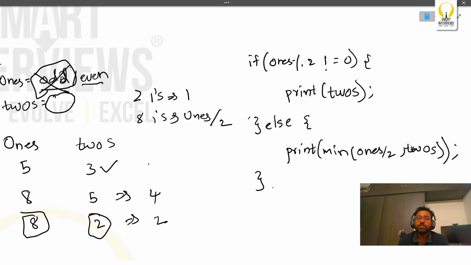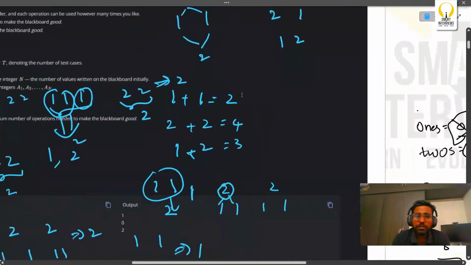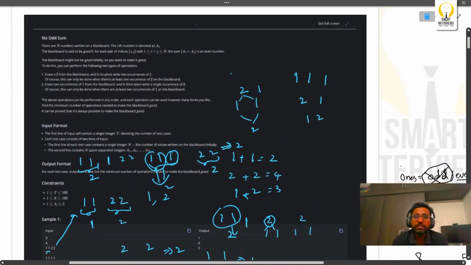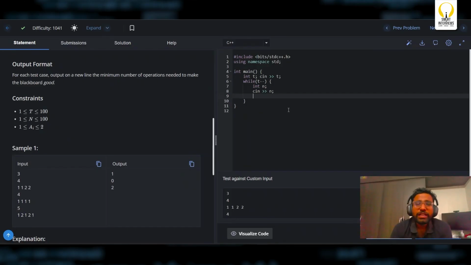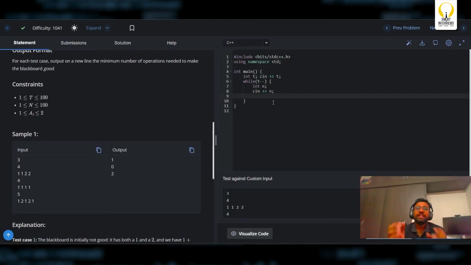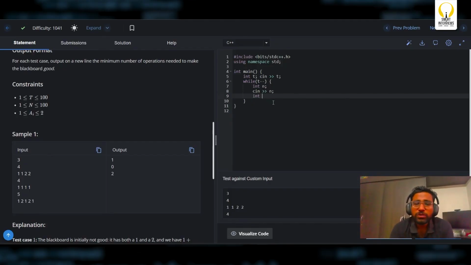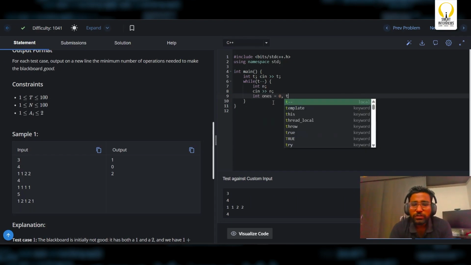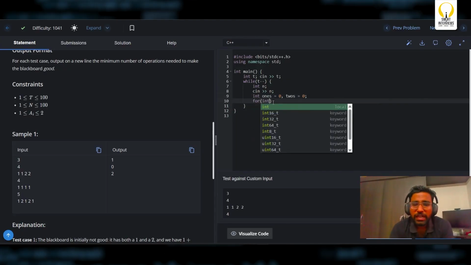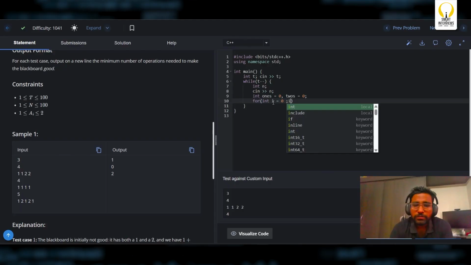Okay. So this will be the logic for our first problem. Let's quickly code it up. I scanned the number of test cases and the size of the array. Now, instead of scanning all the elements into an array, we only need counts of ones and counts of twos. So what we do is we'll traverse for n times,